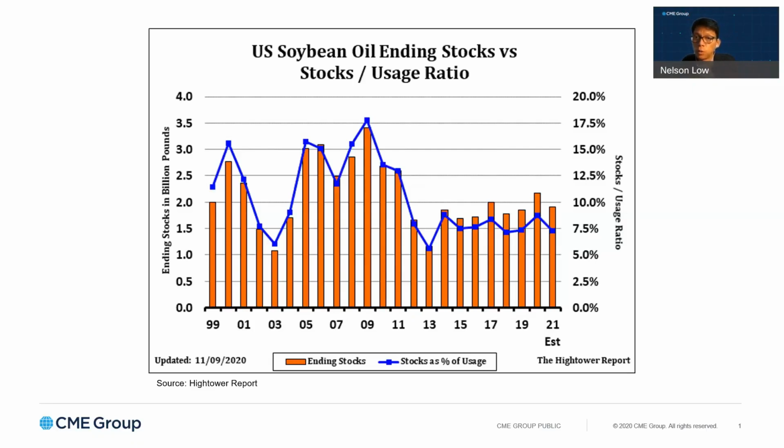If you were to look at this chart, the blue dot for this year is roughly around 7.5. So what does that mean? It means that the amount of ending stocks at the end of production versus demand can only supply 7.5% of the demand. Okay, that may sound very little, but in effect, it's actually a decent amount.